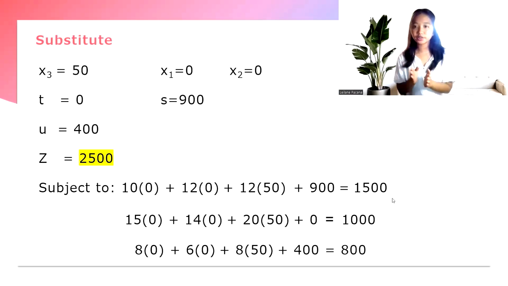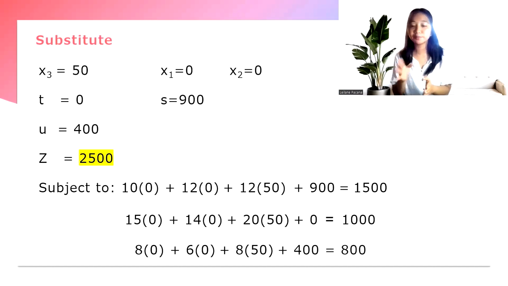So 10 times 0, because we don't have X sub 1, that's 0, plus 12 times 0, because we don't have X sub 2, plus 12 times 50, because we have X sub 3, plus 900, that's 1,500. 900 here is the unused minutes that we have in the company, because slack variables mean the unused minutes. So 15 times 0 is 0, plus 14 times 0, that's 0, plus 20 times 50,